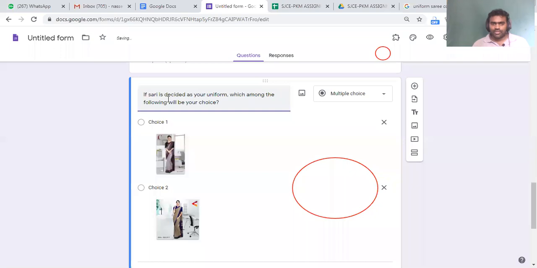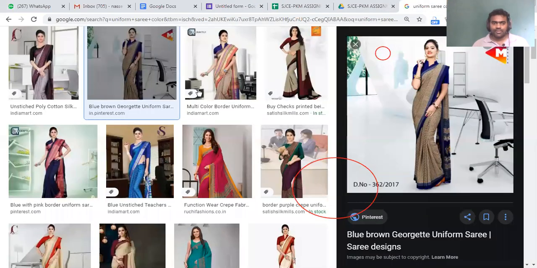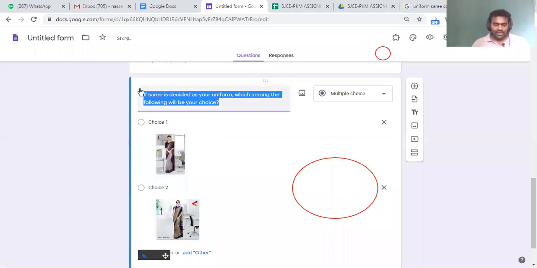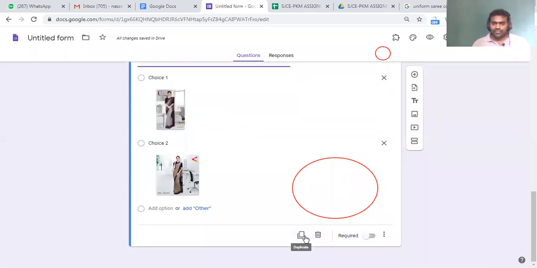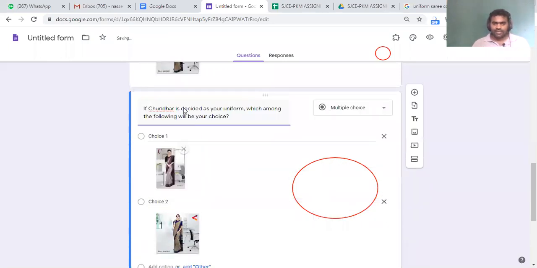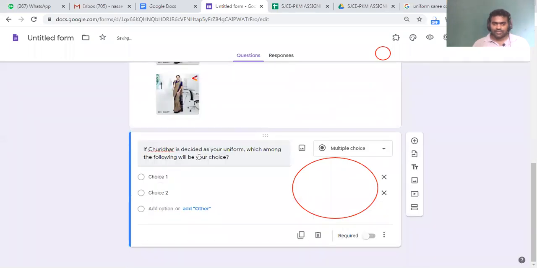What is the spelling of sari? Right? Sari. Now I'll add one more question. That is if churidar, then I'll change these images.